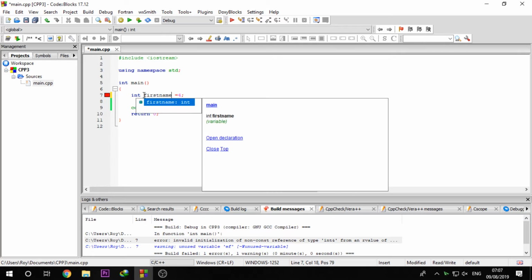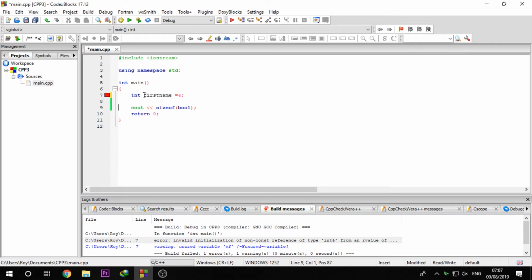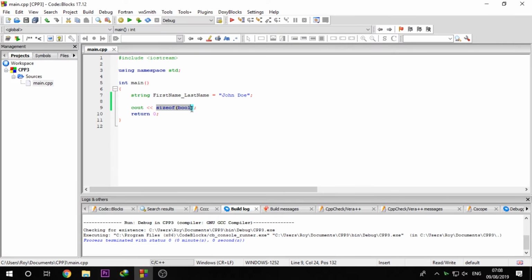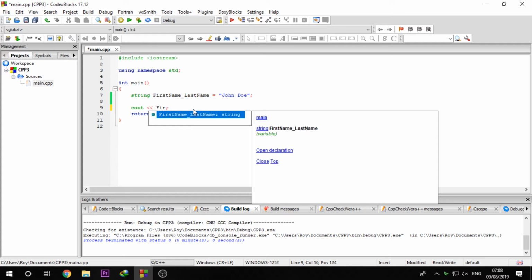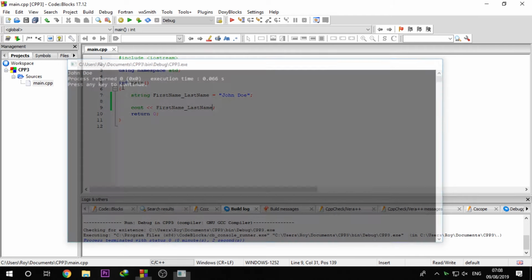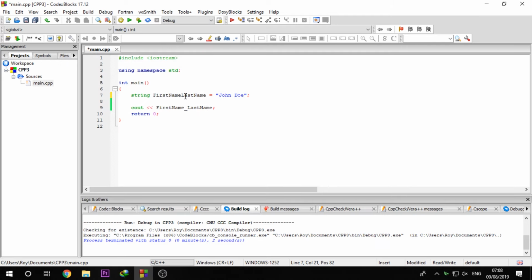For example, first name. Okay, so let's change this thing up a little bit. We're going to use the string data type, and we're going to use something like first name, and here I'm going to give an underscore. You'll know why. Name equals, say, John Doe. That's the basic name for any unknown person, but it's okay. We're going to run this. Oh, sorry, this thing needs to be changed. So here we're using first_name, last_name, and when we print this, we will have John Doe right here. Notice if I change this to something like this,